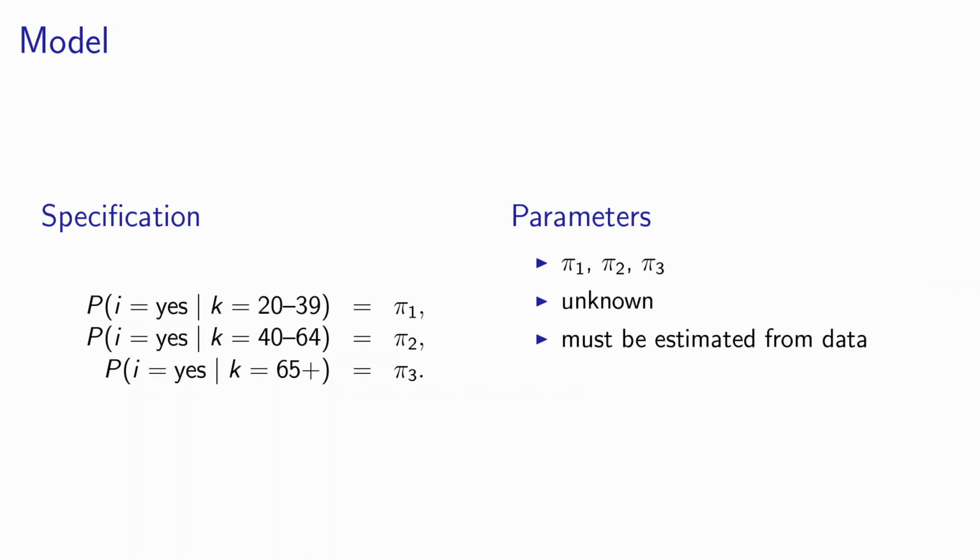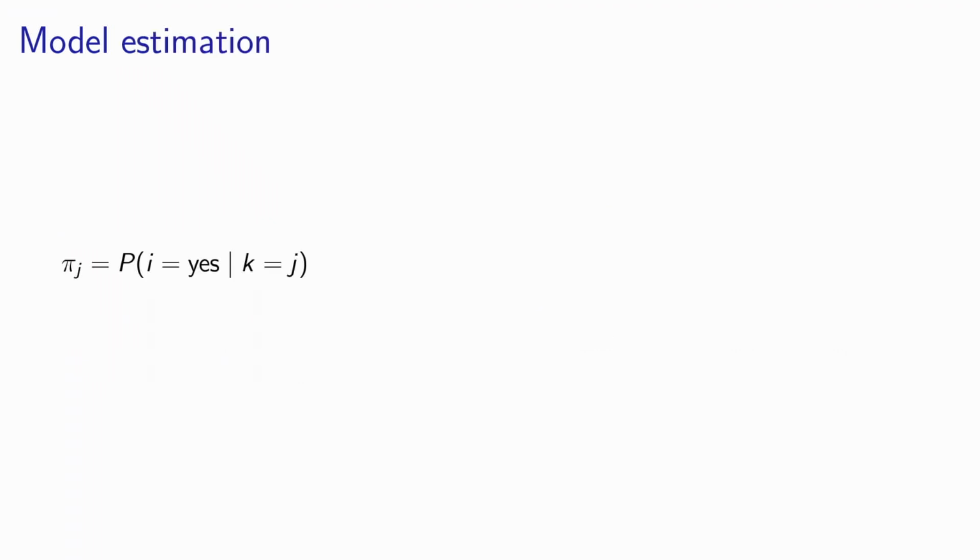So the model is specified. We have selected the behavioral causal relationship. We have associated each of them with a parameter. And the idea is that these parameters must be estimated from data. So in order to calculate these parameters, we will use the same idea that we did for the current market shares. We will use statistical inference using the sample that we have collected.